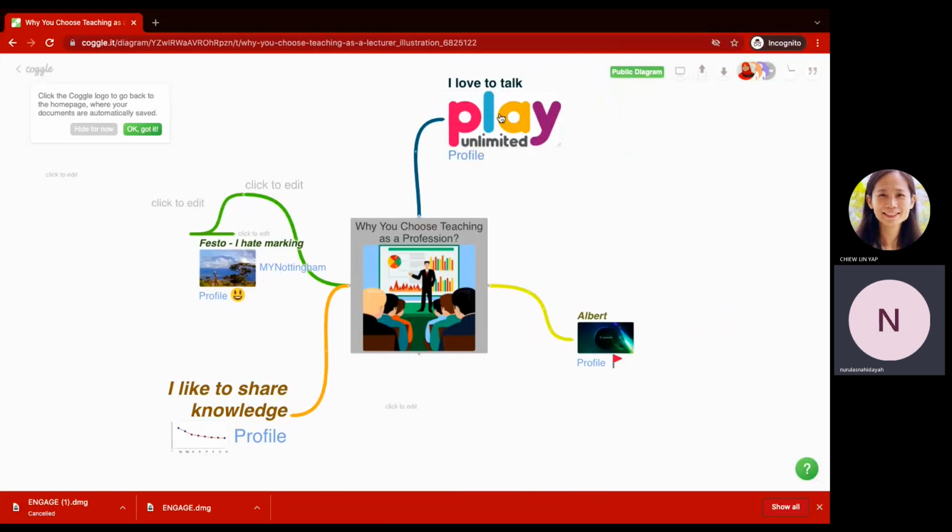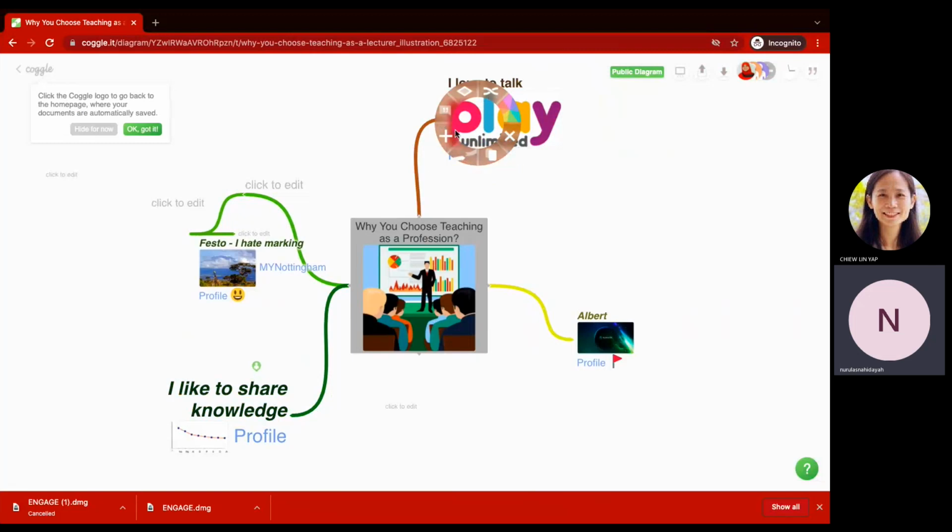The second thing is you can also right click. Okay, you can also right click your box, and over here you can change other things, which is you can change, let's say, the color. So let's try to change our color to a different color. Okay, let's say I want to change it to yellow. So now the branch will become yellow. As you can see, you can also change it to any other color, so the branch will change. Let's say if we have many students contributing and we want to make it colorful, you can always change the color. And there are other options such as delete the branch, copy the branch,